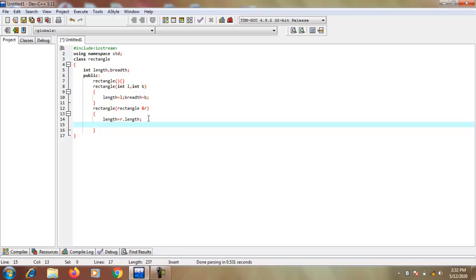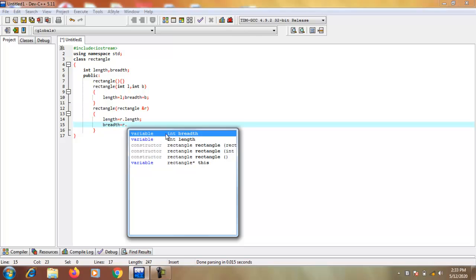The same procedure happens for the second data member, breadth assignment operator R dot breadth.